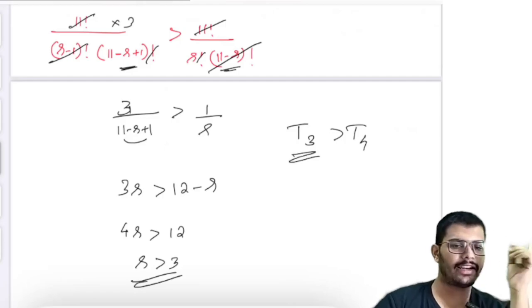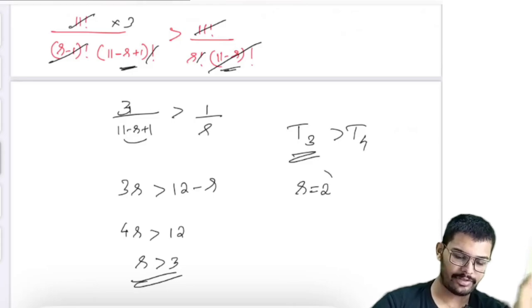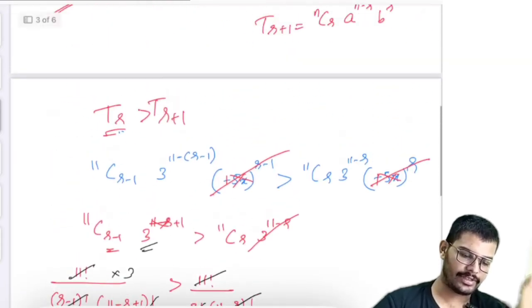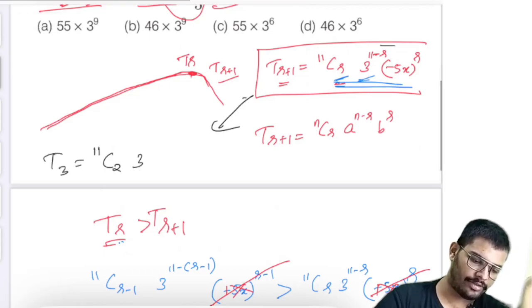Which means from here we can conclude the third term is the biggest one. So the r value corresponding to the third term is 2. So what is the third term? You just put 2 here, you will get it. T3 equals 11C2 into 3 raised to 11 minus 2, which will be 9, and this will be minus 5